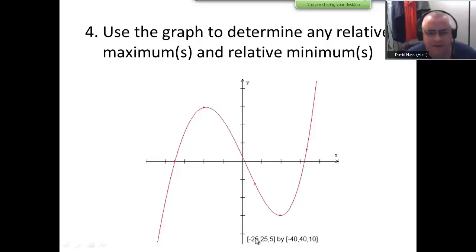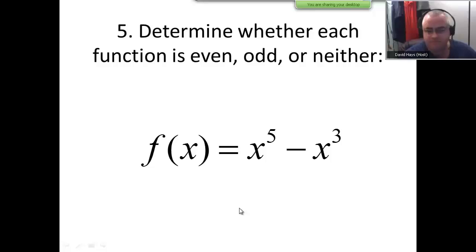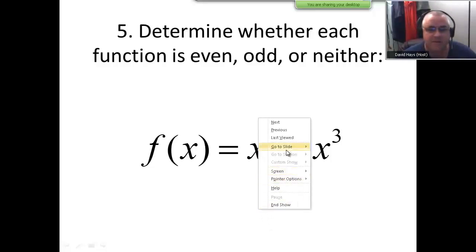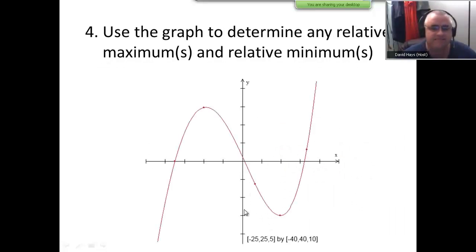Okay. This notation down here at the bottom says -25, 25, 5. This is our x values. What it's saying is this leftmost tick mark is -25. Next one is -20, -15, -10, -5. So it's going from -25, our leftmost, to +25, our rightmost, and it's going